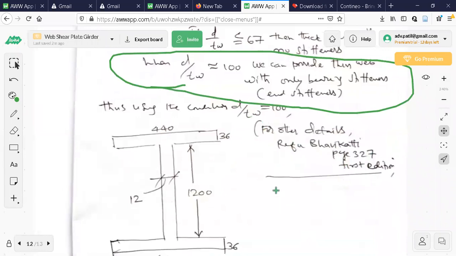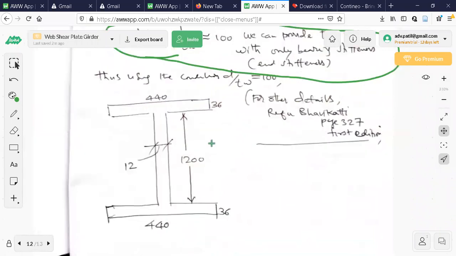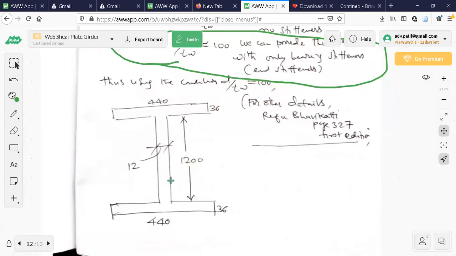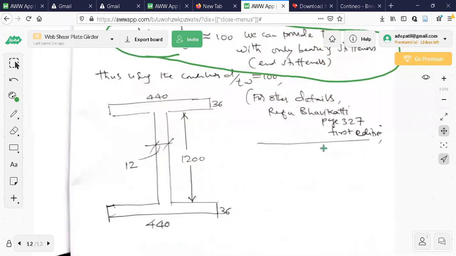I have this book. Now this is the profile of the plate girder. So you can check when you receive all the notes, for each problem, wherever stiffeners were not required, what was the profile? Only end stiffener was designed, what was the profile? When both were required, what was the profile of the plate girder? If you know that one, you can easily solve this one.